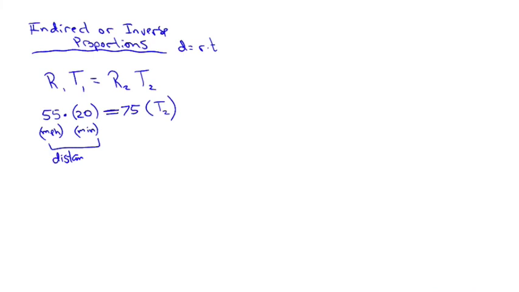All right, let's solve for T2. What's 55 times 20? 1100. 1100 equals 75 times T2. You only need a variable there, or x, but I like t. T reminds me that this answer is going to be in time, rather than just x, and then I'd have to go find out what the variable measurement is. How do I solve for t2? Divide by 75. So you divide both sides by 75, and you get t2 is equal to